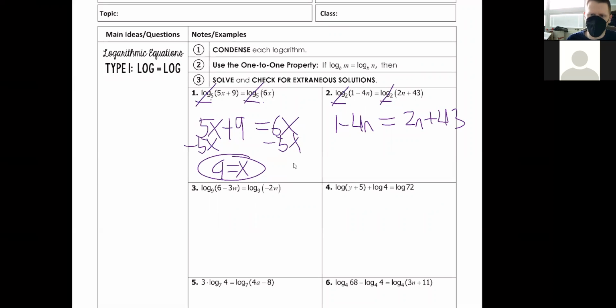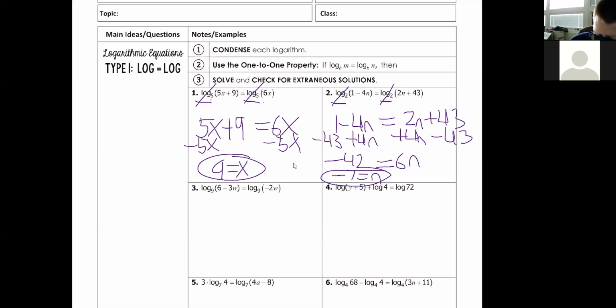You could have something very simple, like a one-step equation, all the way up to maybe a quadratic or even something more in depth. It depends what they're throwing at you, but usually you're not going to see anything too crazy. In this one, you want to get all your n's, so I'm going to move all my n's to my right side and all my constants to the left side. So I would get 6n equals negative 42. If I divide, I would get negative 7 equals n. You could solve it with slightly different steps, but